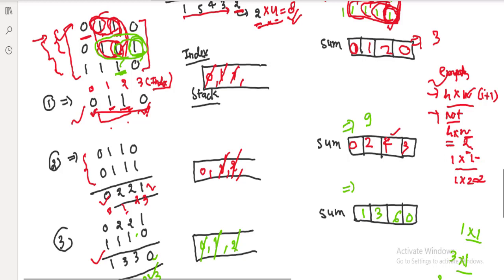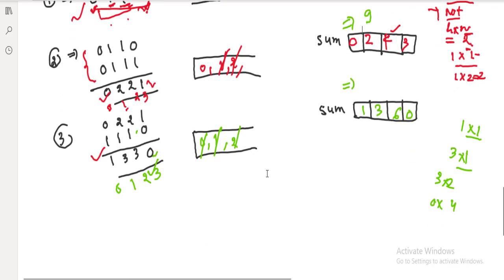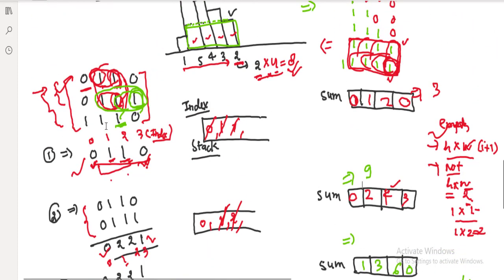And one more point I want to tell you before finishing: in this particular matrix, let's say ending with this particular element, while computing we have answer 6, but this is 1, this 2, this 3, this 4, this 5, and this one 6.